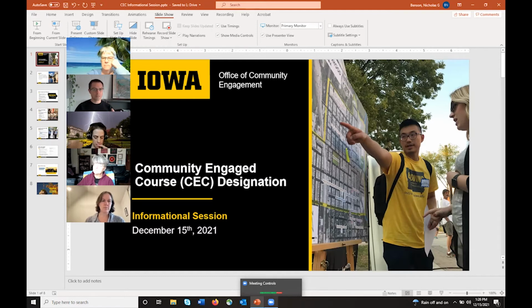Over 94% said that community engaged courses give them the opportunity to better understand the course content. In the upper 80s to low 90s percentage of students say that it helped them better understand how their studies are connected to their profession or what they're hoping to do once they